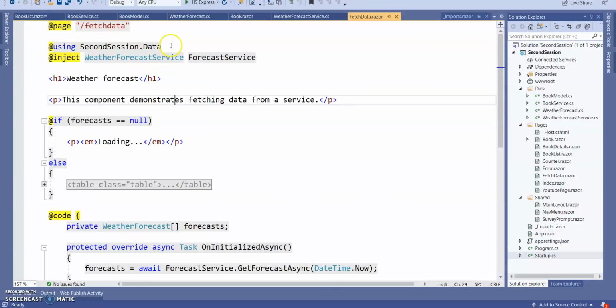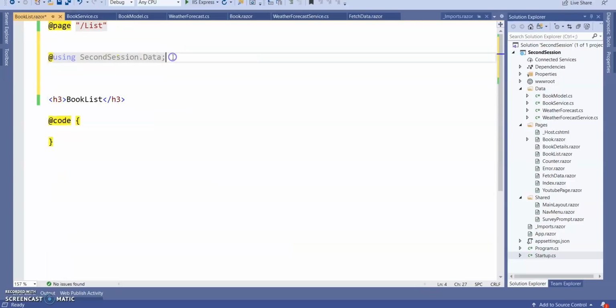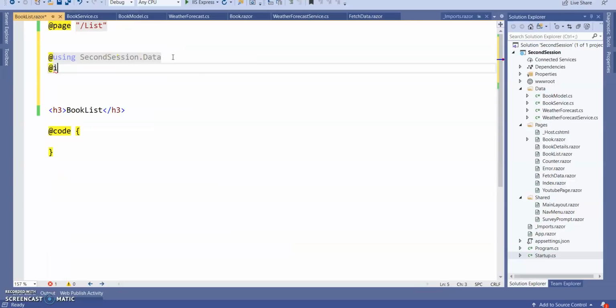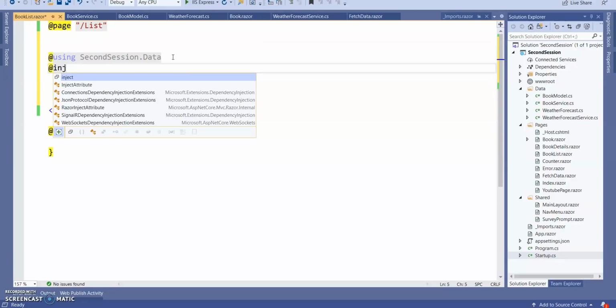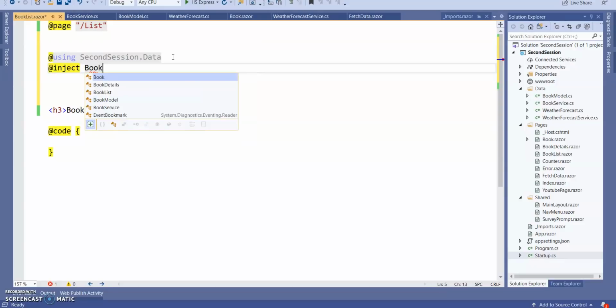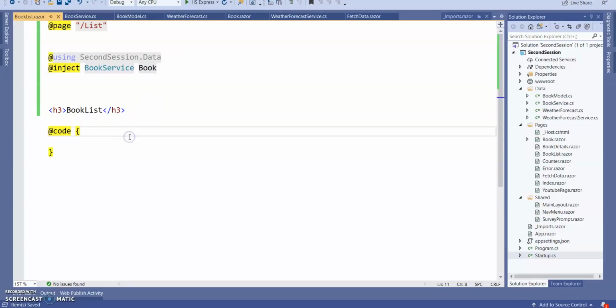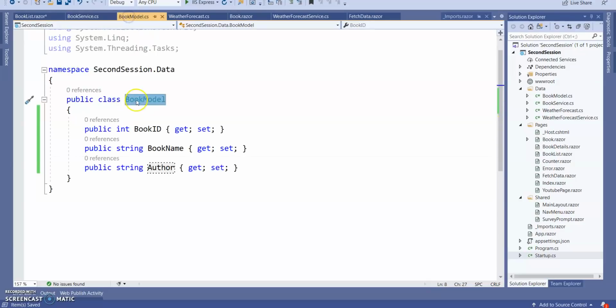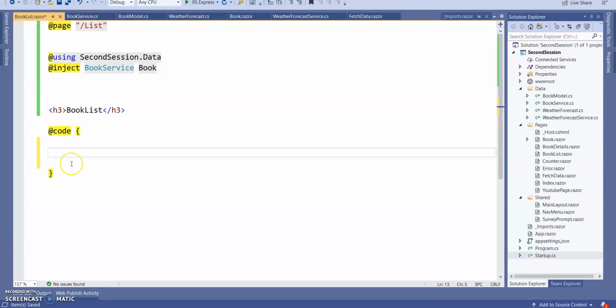Close this one. Next, what we need to do? We need this list of book models to show.